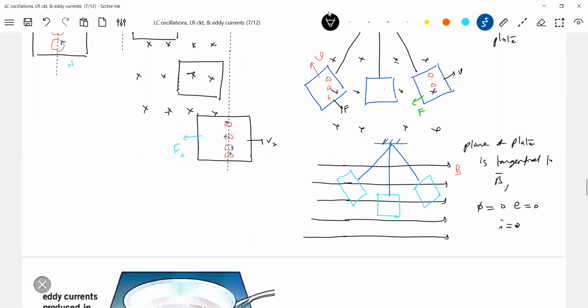Since it's a plate, what happens with the eddy current? The free electrons will not get a sufficient path to continue, so they'll try to move on the surface in irregular paths. That will be the eddy current here. This will be damped oscillation. But here, undamped oscillations.